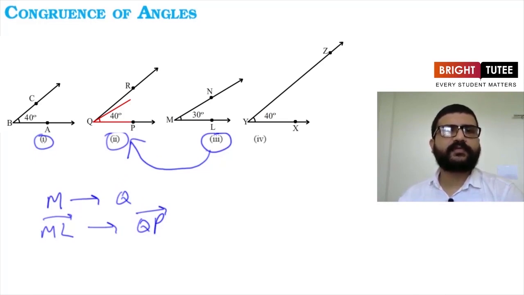Now what we have to do, we have to check whether the direction of MN and QR is same or not. What do you think in this case? Are they going to be the same? No, it will not be same here in this case. As we can see, the measure is not same. So this ray is not going to have same direction as the ray QR. So it means MN and QR are not going to have same direction. So we can say that these two angles are not congruent. We can write it here, not congruent.